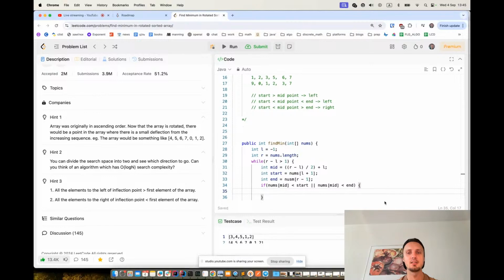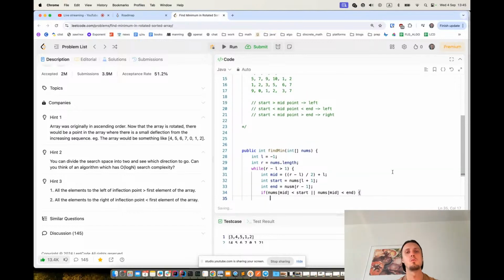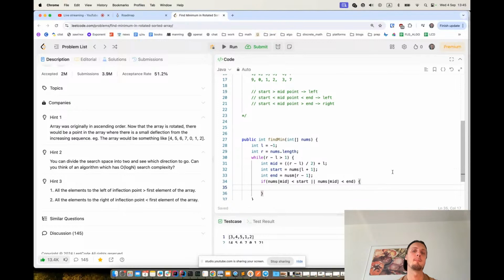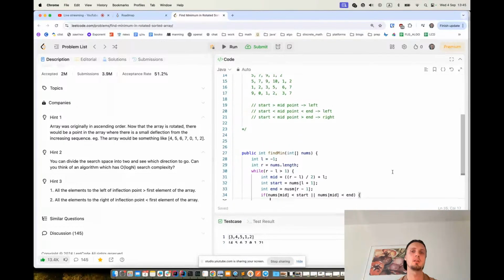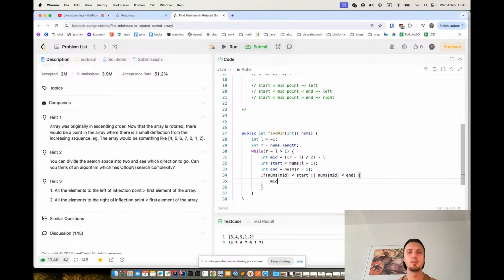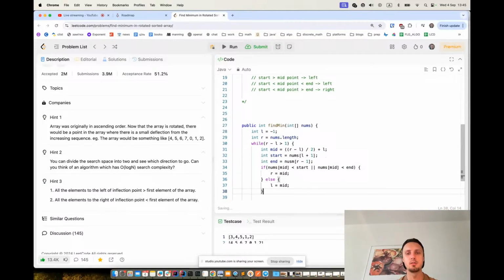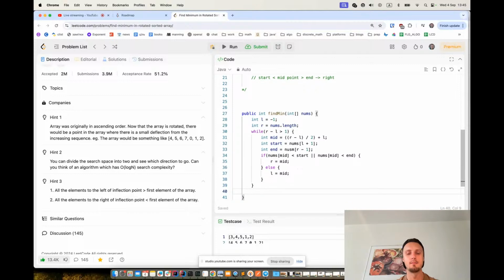So in this case, now I also check... so here where do I go? I go to the left. So my R would be equal to mid, else my L would be equal to mid, and here I return, let's say,